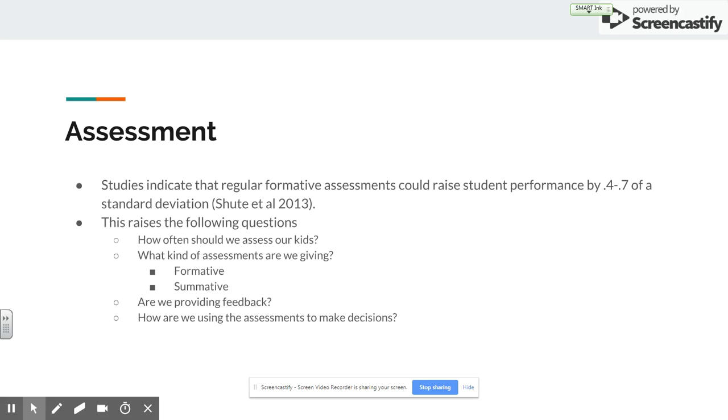This brings us to our last question, though. How are we using the data? Because if we are collecting data for no reason other than just to collect data, well, then we're just wasting our time. If we're not using our data to change our instructional strategies, if we're not using our data to help our students identify their own strengths and weaknesses, to be able to give strategies to overcome those weaknesses, right, or maybe to improve their strengths, right, then again, we're wasting our time.